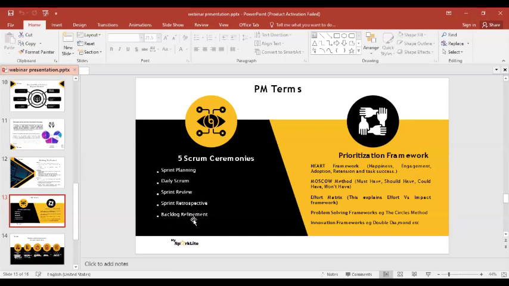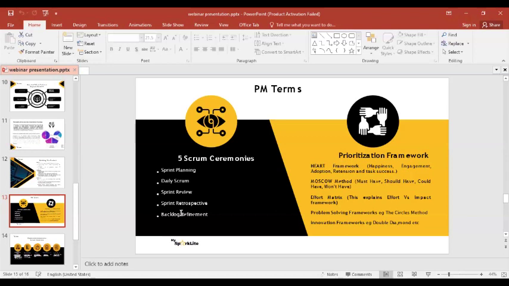Then I said backlog refinement. I said backlog refinement is when you are refining your product backlog, features, requirements, user stories, epics, in such a way that you are placing them on the basis of hierarchy. Which one is more important? Which one is less important? So you are stacking them. The most important ones will be the ones you do first, and the ones that are less important are the ones you will do last.